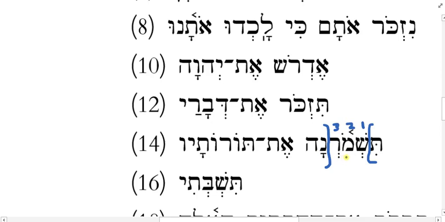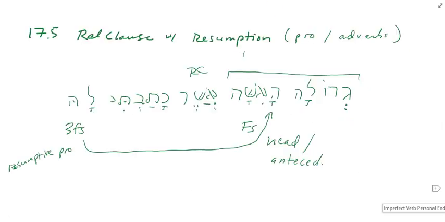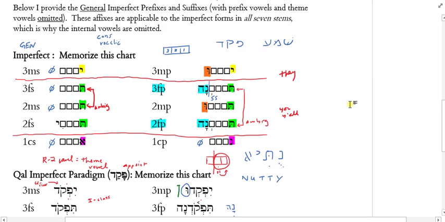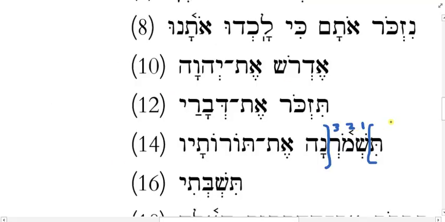At this point, you can easily look at your chart from the materials that we just went over and see that there's two possibilities for a verb form in the imperfect when it has that. It's the 3FP or the 2FP, has a prefix tav and a na at the end as a suffix. So we can parse this, okay? Right now, it's always qal imperfect if it has a prefix. Qal's the stem we're always in right now. And then 3FP or 2FP, okay?